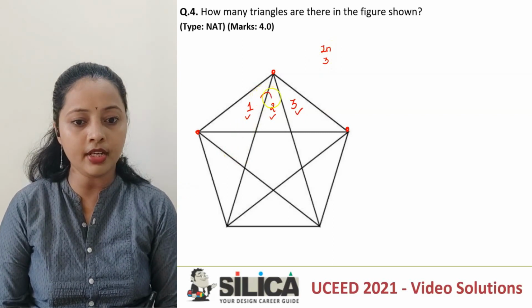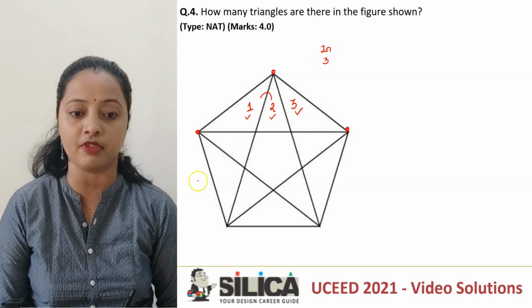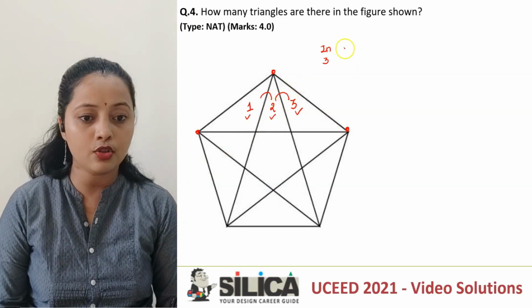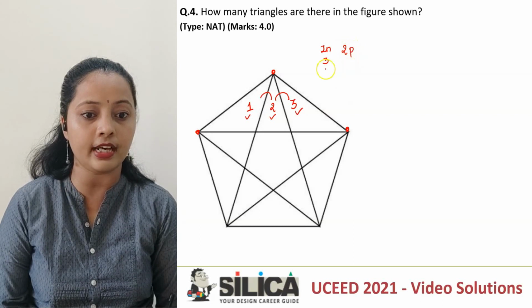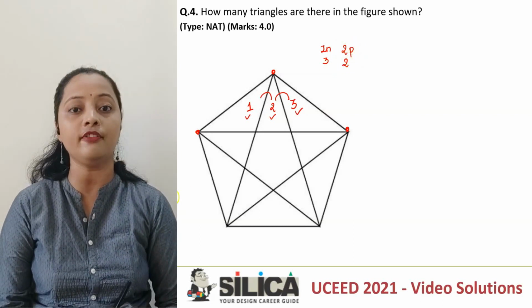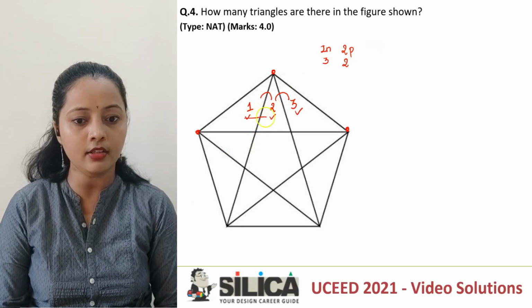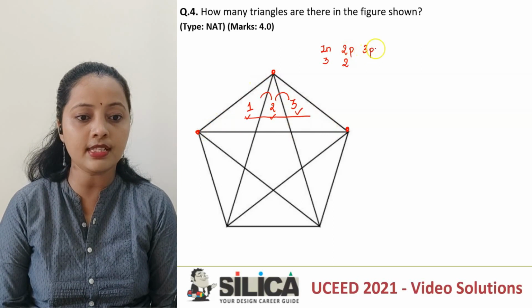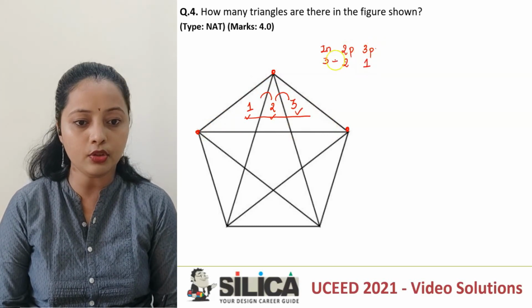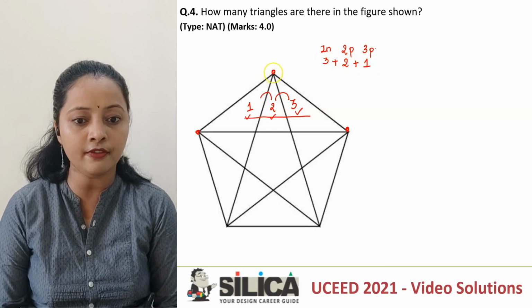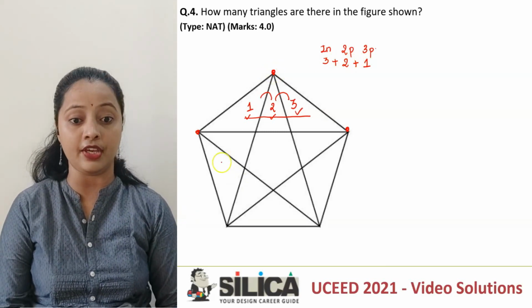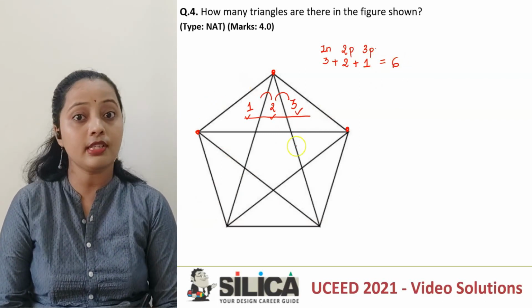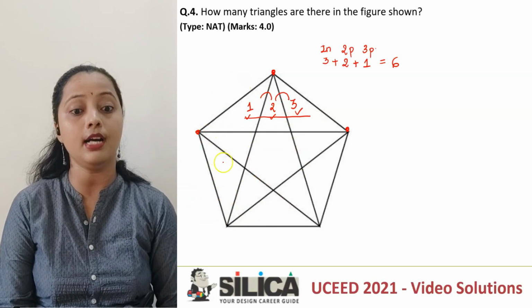Then if I combine 1 and 2, that is going to form 1 triangle. Then if I combine 2 and 3, that will give me one triangle. So 2 pieces at a time is giving me a total of 2. And then finally I combine 1, 2 and 3, that will give me this large triangle. So 3 pieces together I am getting 1. So if I go along this one vertex of the pentagon they have given, I am getting a total of 6 triangles. Alright, so similarly I am just going to repeat it along the other vertices.